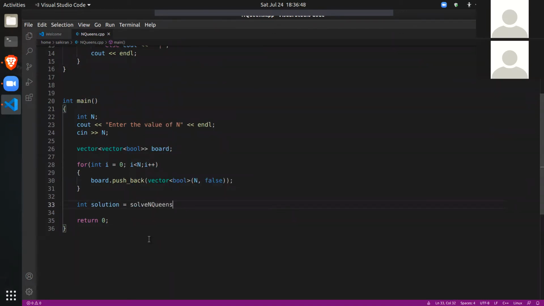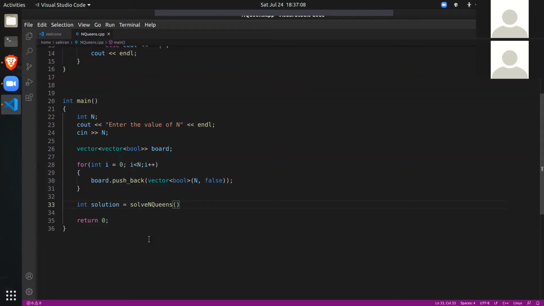Okay, we are writing an imaginary function to which if you give an empty board, it will give you the solution. Or it will tell you that it is not possible. So we'll imagine that such a function exists.